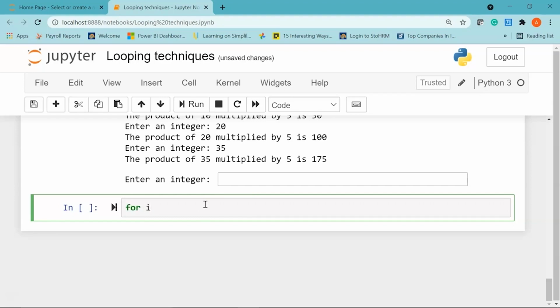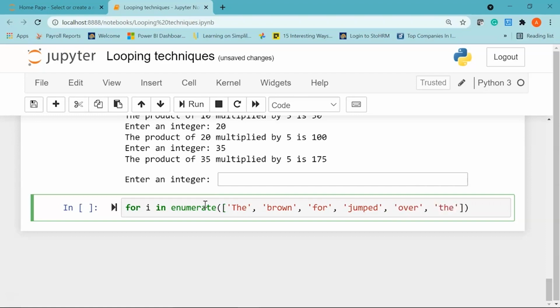So I'll directly start with my for loop. I'll say for i in, I'll use the enumerate keyword, and within brackets I'll pass in my elements in the form of a list. I'll say the, then we have brown, the next word I have is fox, then we have jumped. This is basically a sentence broken down into different words, and those words we have put as elements in the list.